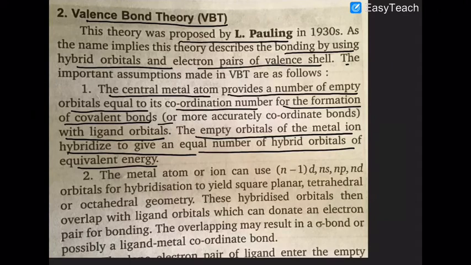Remember that the orbitals of the metal will undergo intermixing, and that intermixing will be influenced by the presence of the ligand and the charge on the metal ion. And besides that, I am repeating once more, the intermixing and the shape will depend upon the charge on the metal ion, the type of the ligand present, and the series